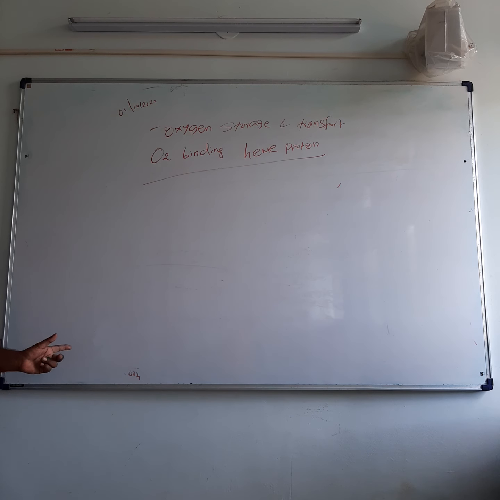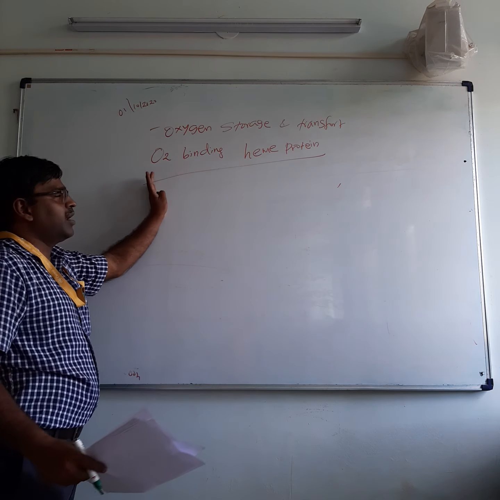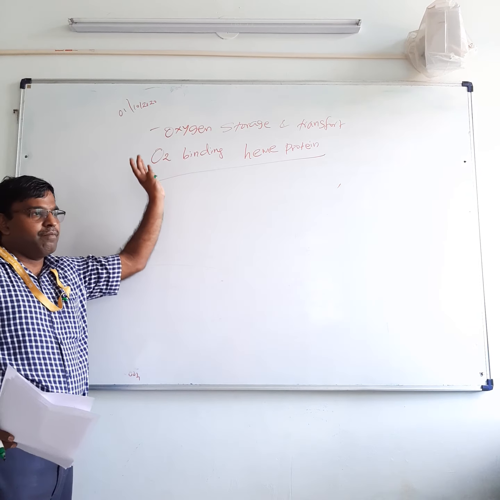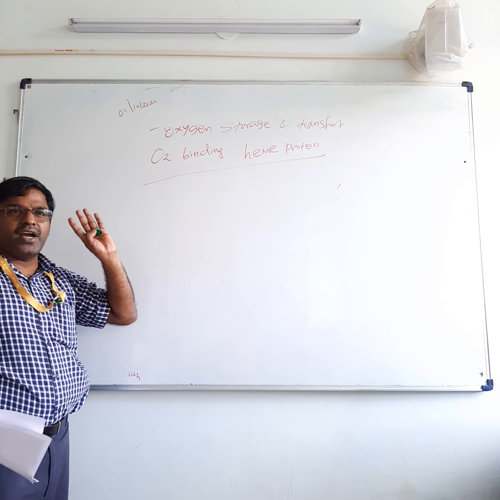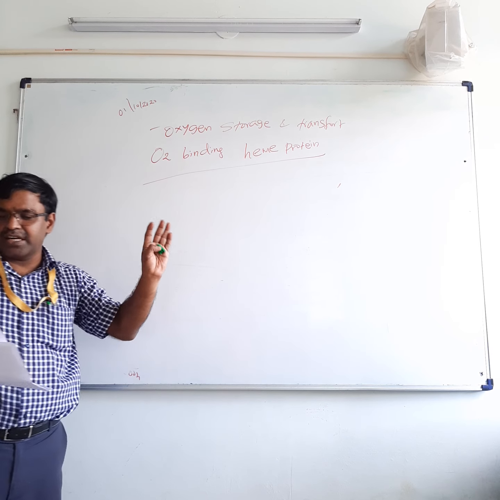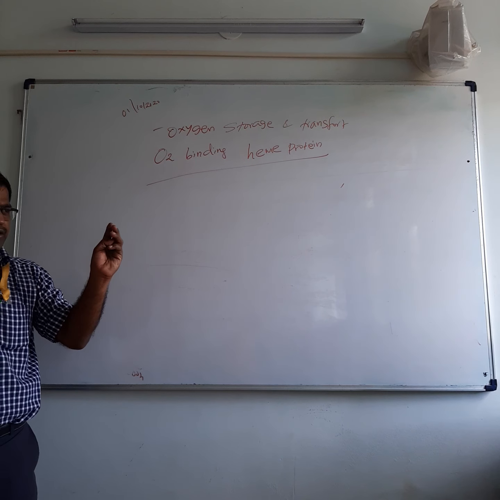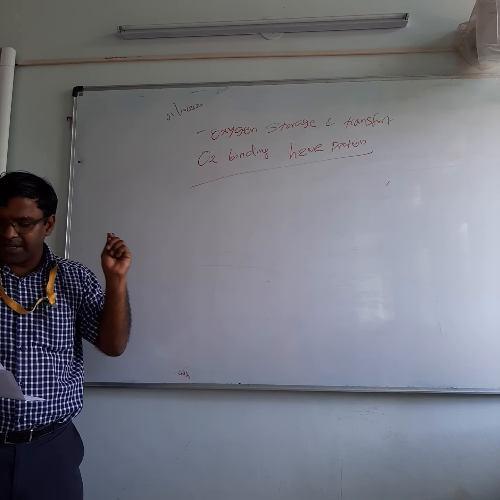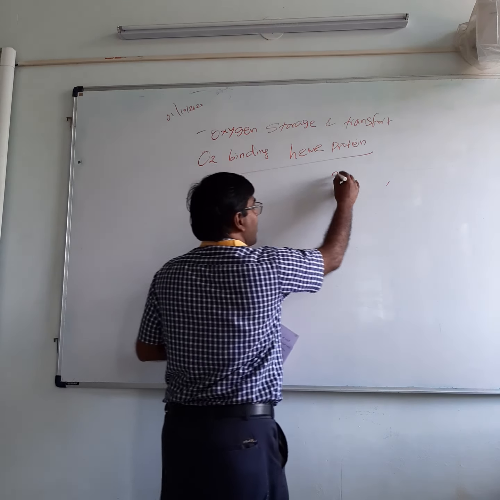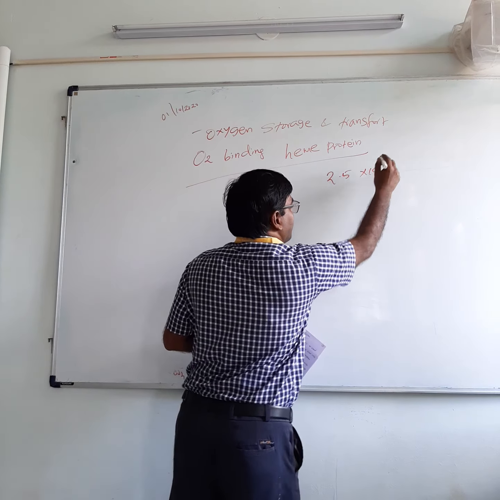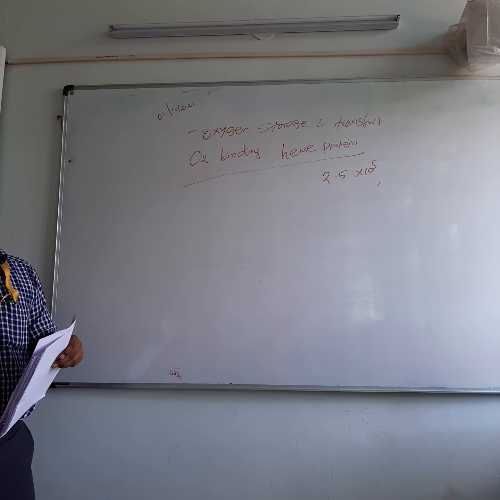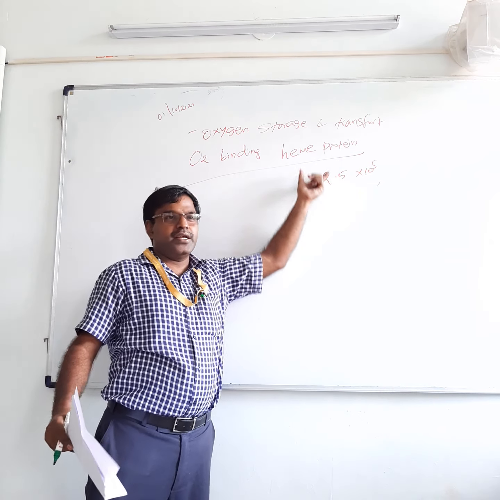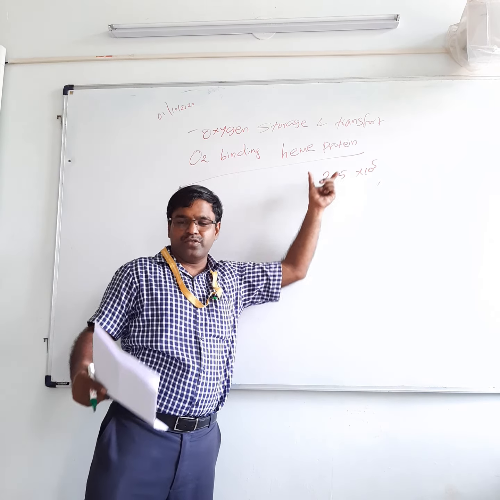I showed the molecule. Now when you talk about hemoglobin and myoglobin, first, it is available in the blood cells. The human body has 5 liters of blood, and each blood unit has 5 million blood cells, and each blood cell has almost 2.5 x 10^5 hemoglobins. That is where the oxygen storage is going to happen, and it is going to be transferred to myoglobin.